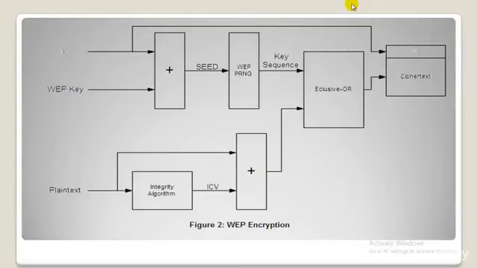WEP encryption is specified by IEEE 802.11 for encryption and authentication. This means that the standard describes WEP as having two main parts: the first being the authentication part and the second being the encryption part. The goals of WEP are access control, achieved by preventing unauthorized users from gaining access because they do not have